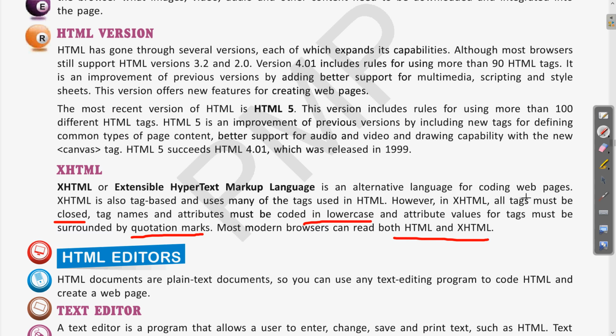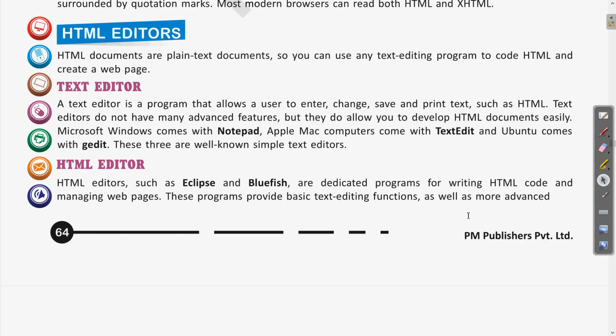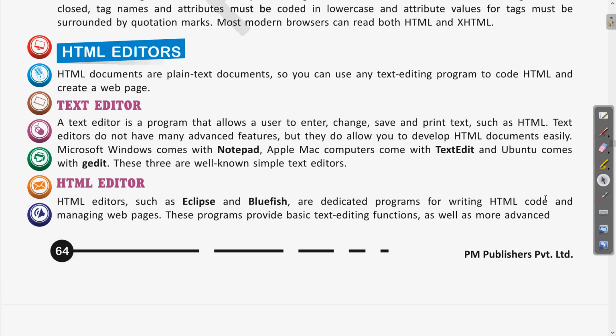Okay, now we will see the different editors which are used for viewing these web pages. HTML documents are plain text documents, so you can use any text editing program to code HTML and create a web page. Clear?